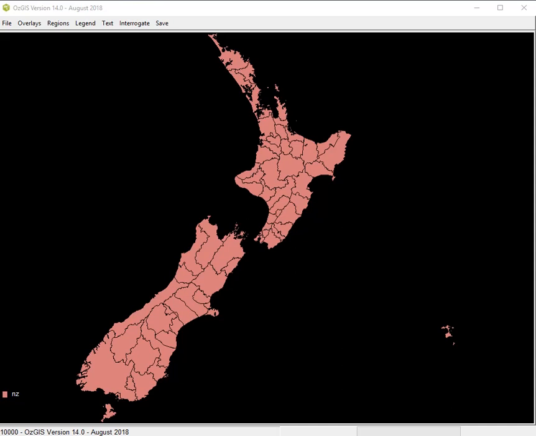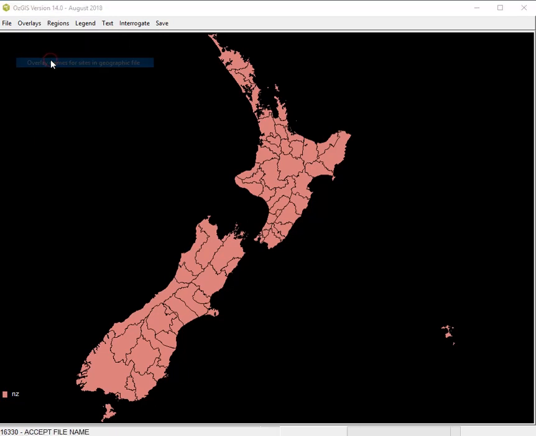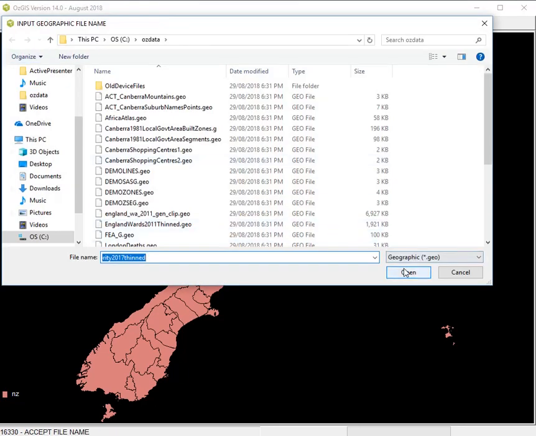OsGIS draws maps. This is a map of New Zealand. The data were downloaded from Stats New Zealand. And the interesting thing about these sort of data are that the polygons have got names on them. So to show you, I can overlay names, and for the same